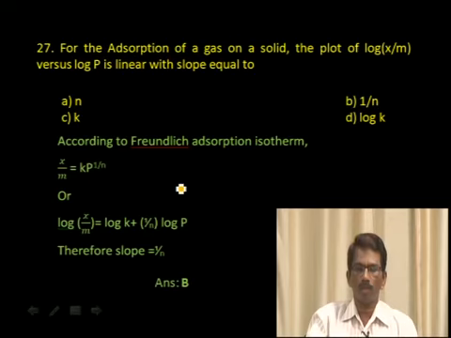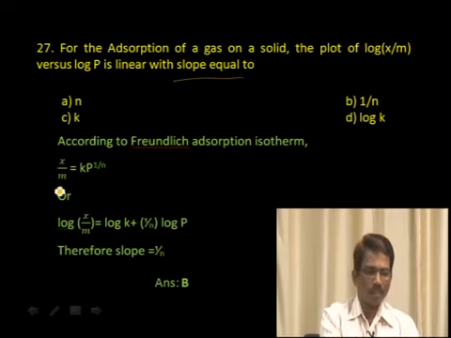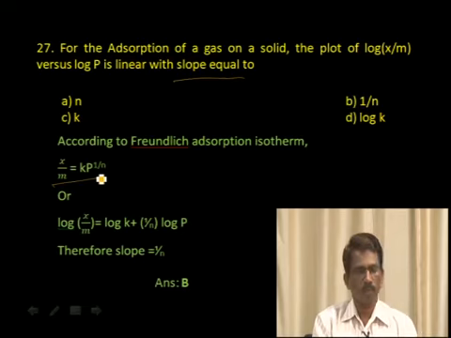And in question number 27, for the adsorption of a gas on a solid surface, the plot of log of x by m versus log p is linear with a slope which is equal to... The Freundlich adsorption isotherm is given by x by m is equal to k p to the power 1 by n, where